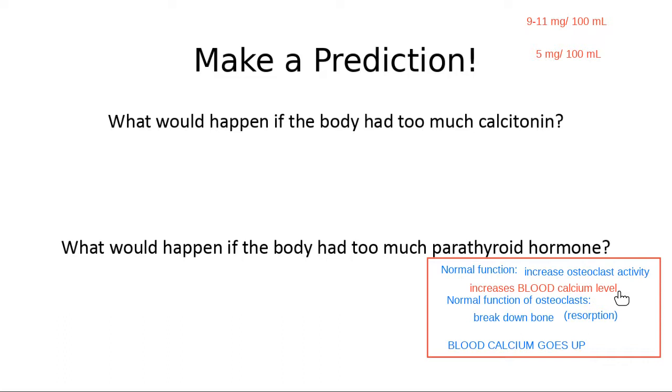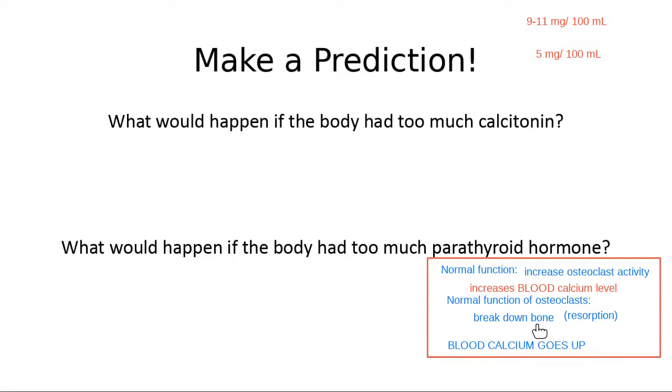Yeah, so here's the way it does that, Jacqueline, to answer your question. Parathyroid hormone activates osteoclasts. It goes to my bone breakers and it tells them, hey guys, kick into action. I need you to do your job. Your job is to break down bone tissue. Bone tissue is where I store my calcium. So the second thing that parathyroid hormone does is it tells my osteoclasts to get active.